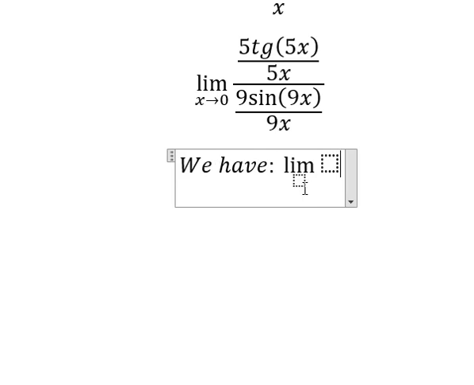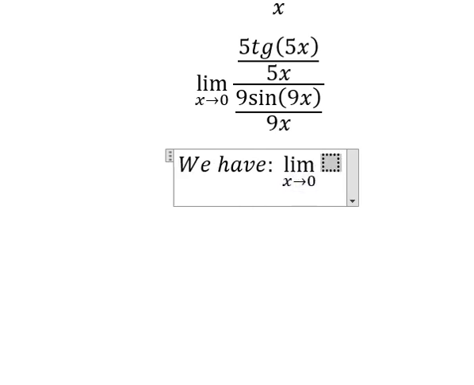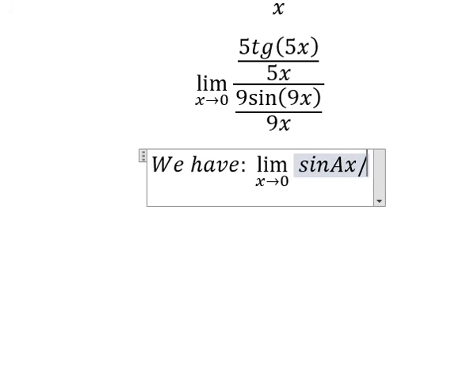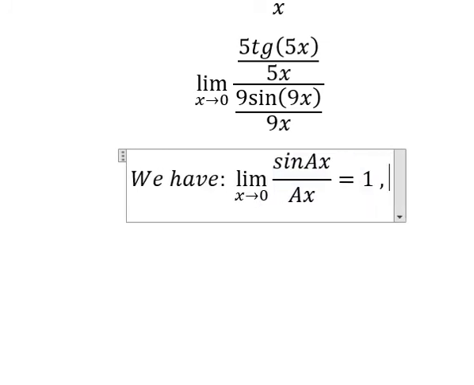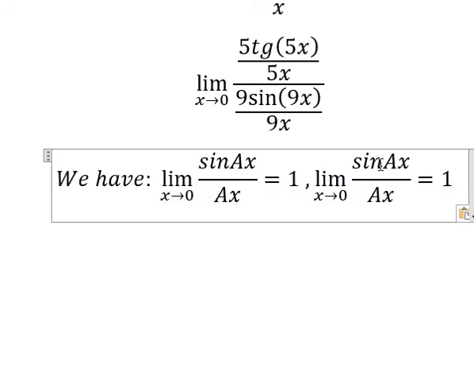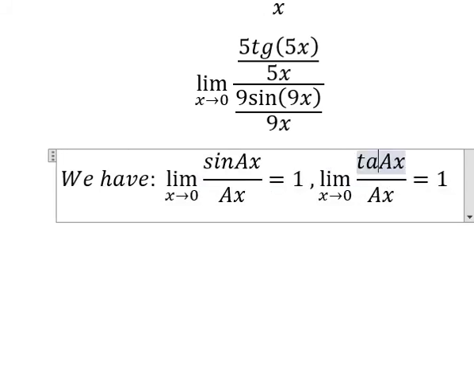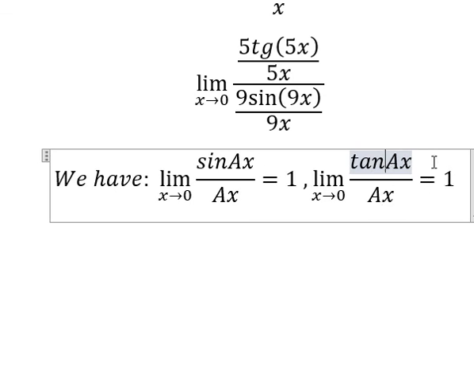The limit of x approaching number 0. We have sine x over x. You got about number 1. Similar for the second one, that is about tan x over x. You got about number 1. So,